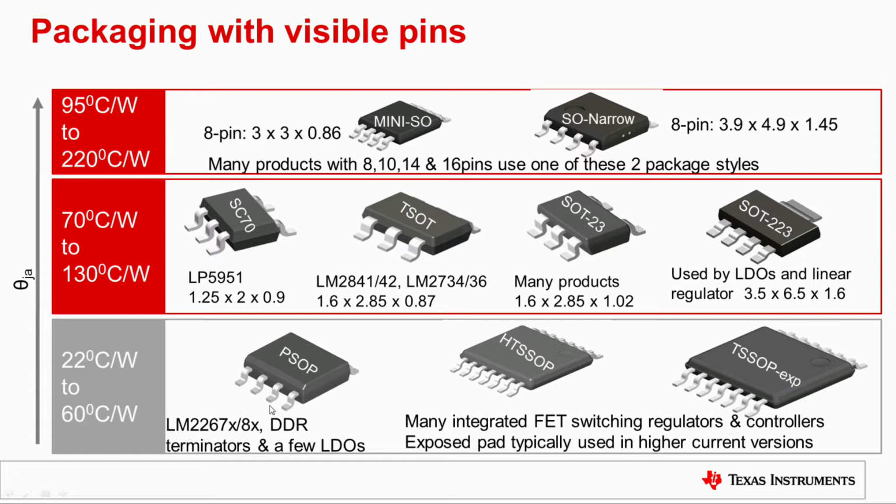So the large exposed pad is going to connect to your PC board. That's going to be the same as if you connected a heatsink to your package. So the larger your board that you're connecting, the more surface area. The surface area is what's going to dissipate the heat. So the more surface area you have, the better job you are at getting rid of the heat. And the exposed pad on the package is going to allow you to spread the heat onto the surface of the PC board.